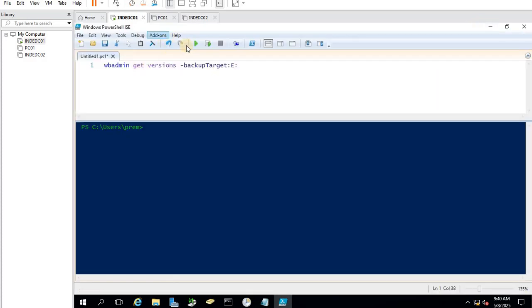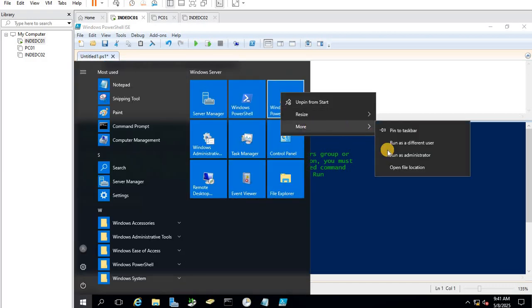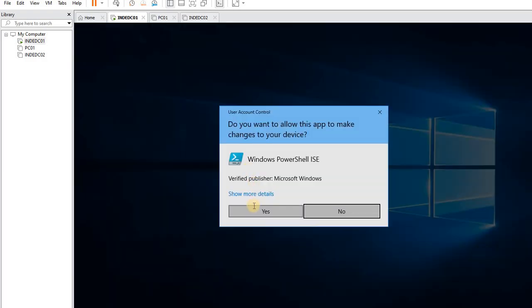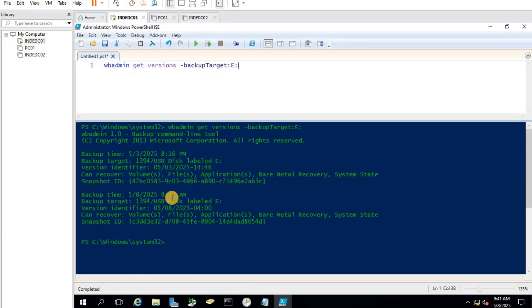BMR or image based, same. It is always a good idea to run PowerShell as an administrator if you have access. So you have seen I have taken two backups, 8:16 p.m. 5/3/2025 and 5/8/2025 9:30 a.m.